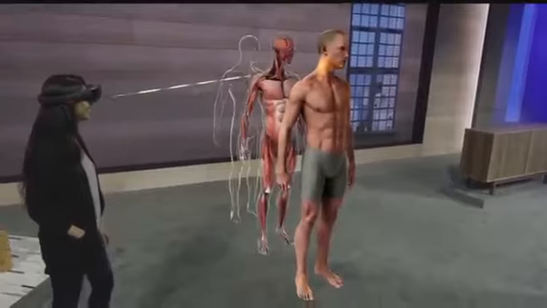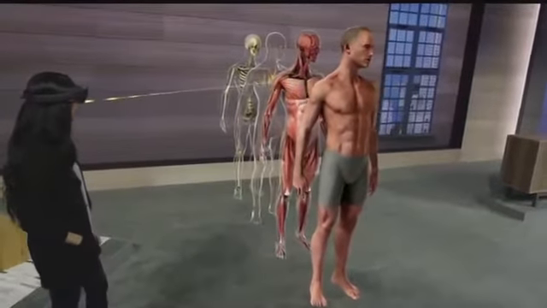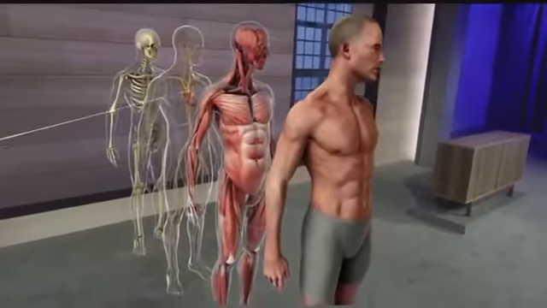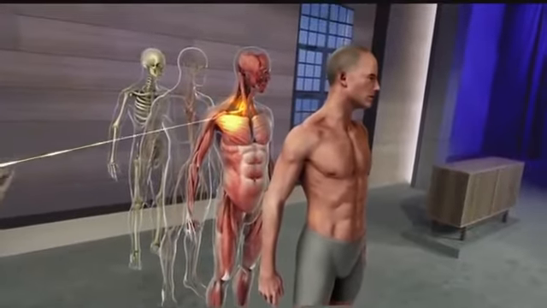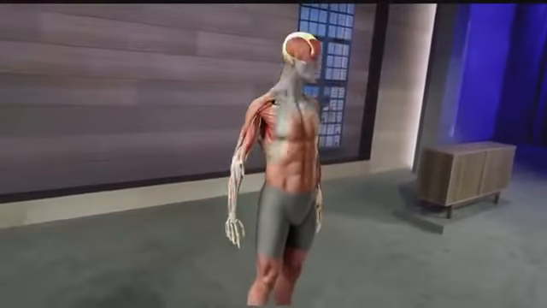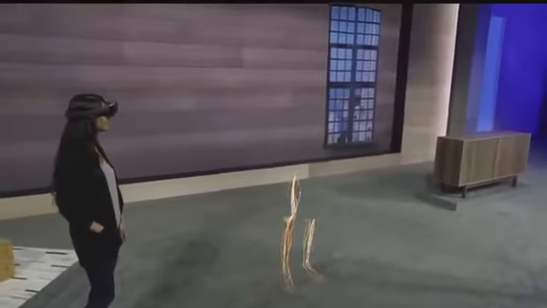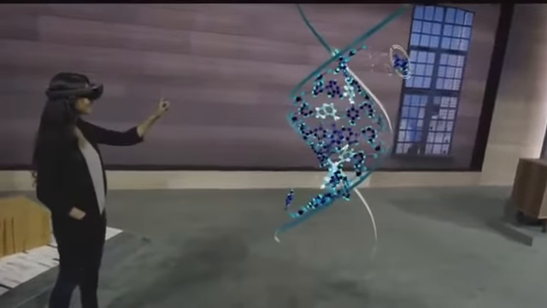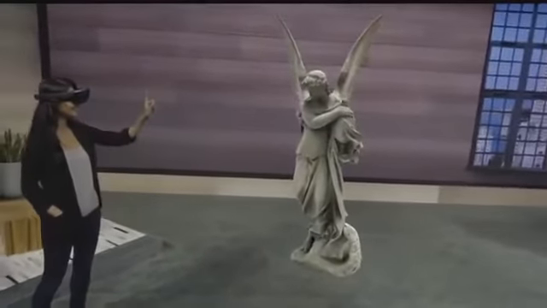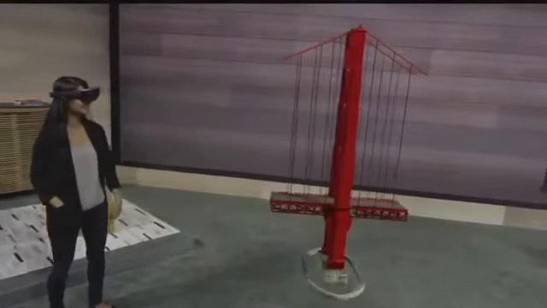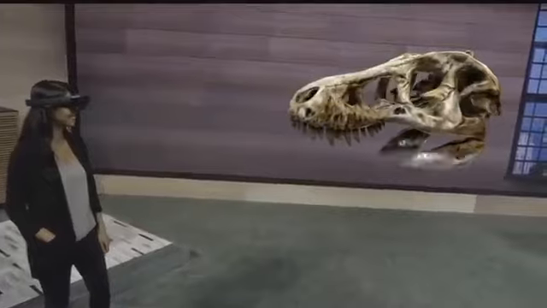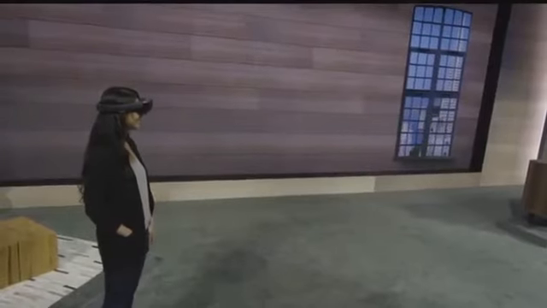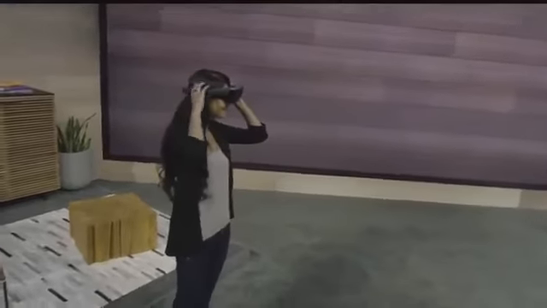Now, what you've just seen is a vision of how HoloLens could enhance one single subject. But as an educator, it's easy for me to see that it's not just anatomy that could benefit from this technology. This could change how everyone learns. Imagine for a moment some of the other fields that could be changed. For example, chemistry and genetics, art, engineering, and paleontology. And the best part is, we get to help define that future together. I can't wait to see what you future holographic developers are going to do with this amazing technology.